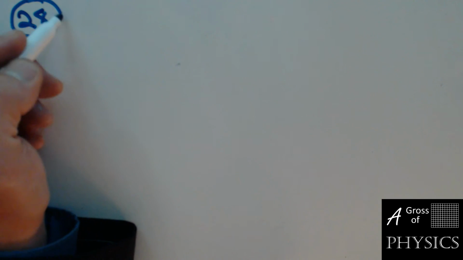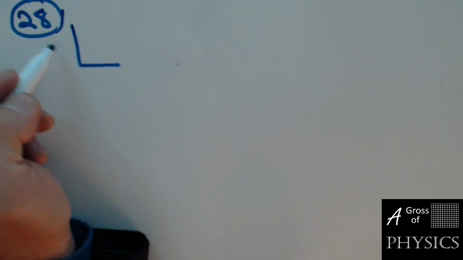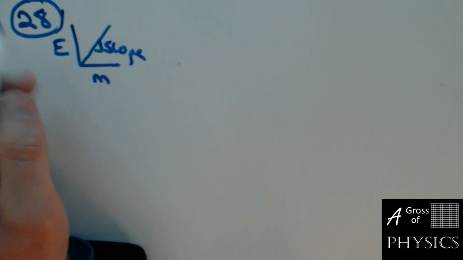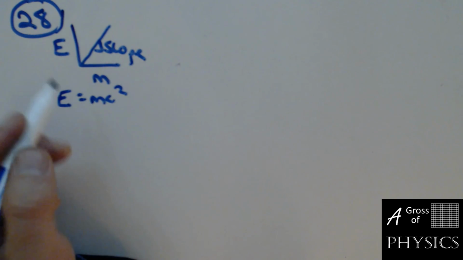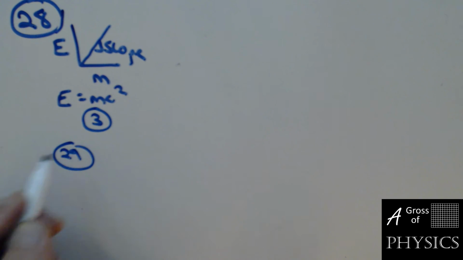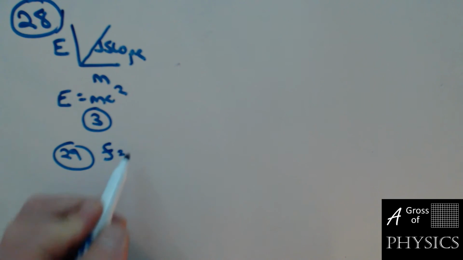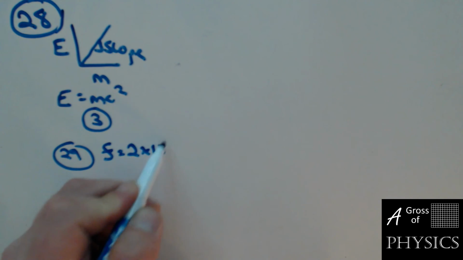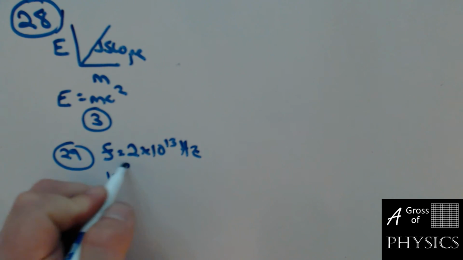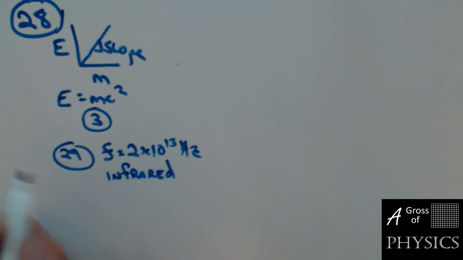All right, now for 28. We have an E equals mc squared graph again, and it's asking what the slope is. Well, we just discussed that. If it's E equals mc squared, the slope is c squared, the speed of light squared, which is 3. Now for 29, we have a chart, and we're looking at a frequency for D only, 2 times 10 to the 13 hertz. That's what type of light this is? Well, if we look at our electromagnetic spectrum at 10 to the 13, it's infrared. So all we have to do is look at the chart, line it up, and put the answer, which is